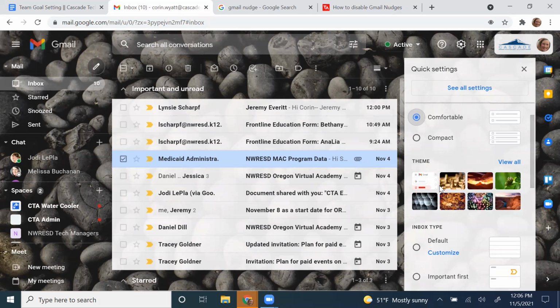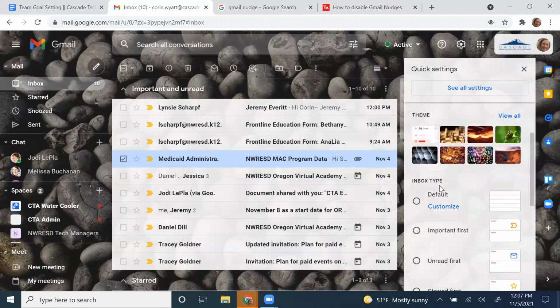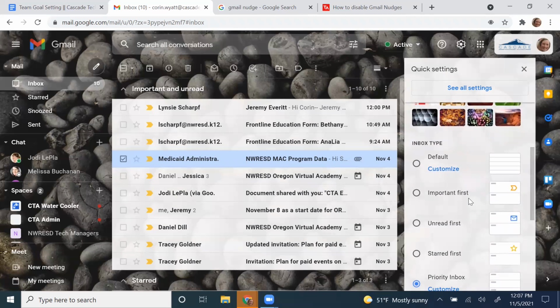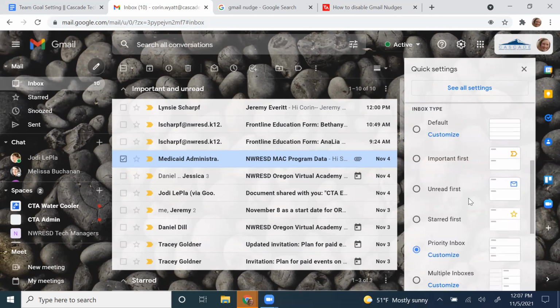So it gives me a nice visual for what I'm using at the time. If you don't log into multiple email boxes, this is not going to be a concern for you. But themes can be kind of fun too, and they change a lot. So it's a little bit of entertainment and visual appeal at the same time.